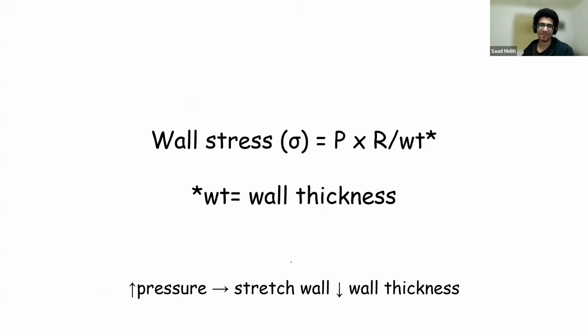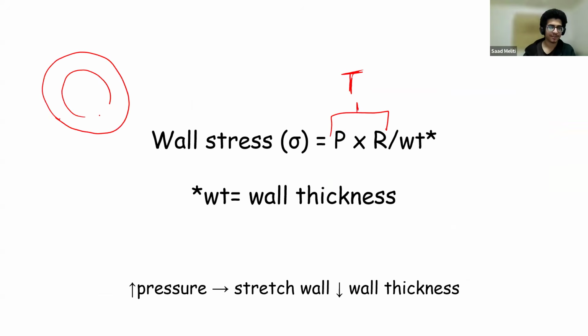We're going to take this a step further now. Right now, what we can do is take the tension. This is P times R. This is the equation for tension, divided by the wall thickness. Let me draw another blood vessel for you guys. This right here would be the wall thickness. This is WT, wall thickness. So if we take the tension,